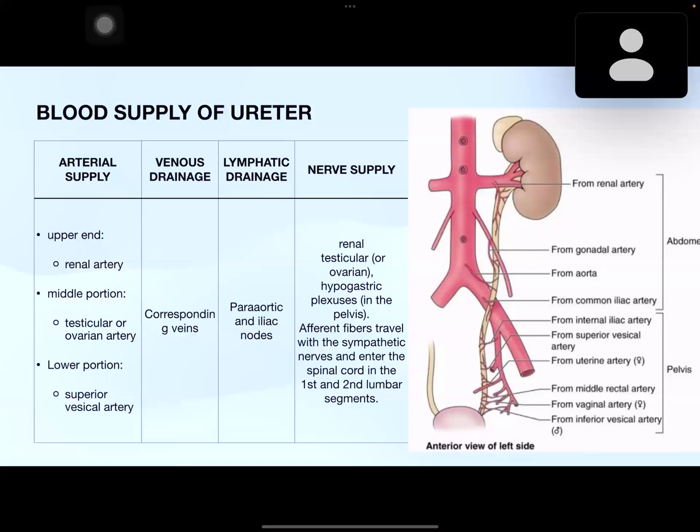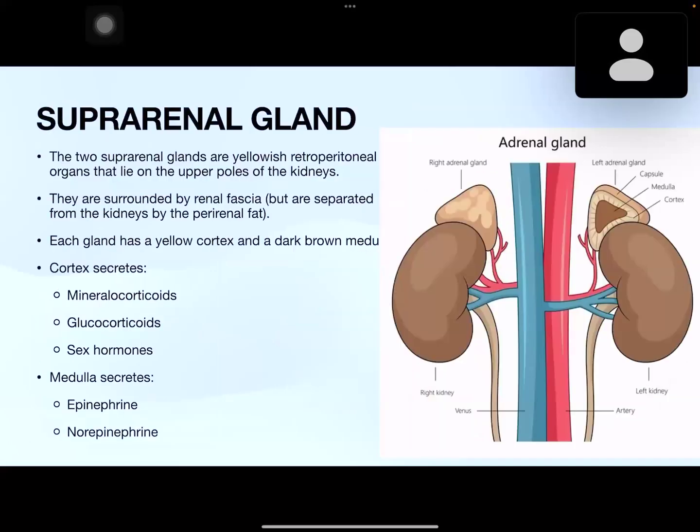Move on. That was the end of the ureter, and now move on to the suprarenal. This gland